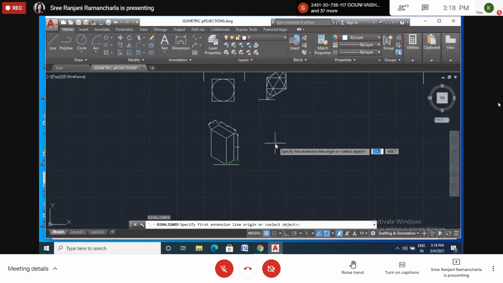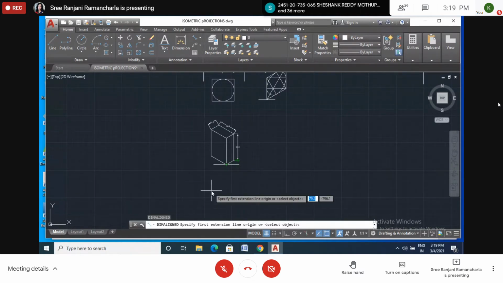Now we'll do another solid. Now take a drawing. Draw the isometric view of an orthogonal drawing.